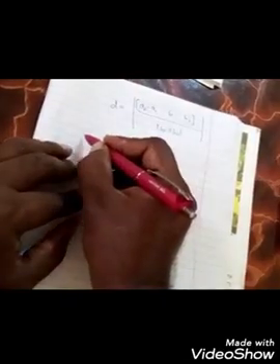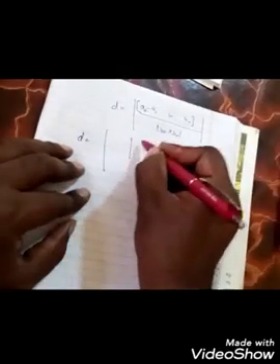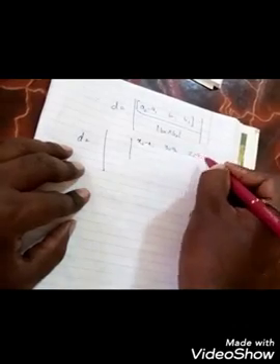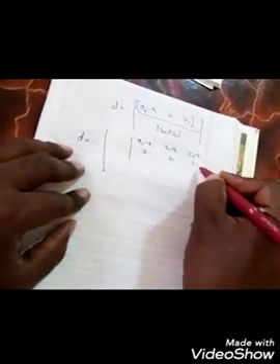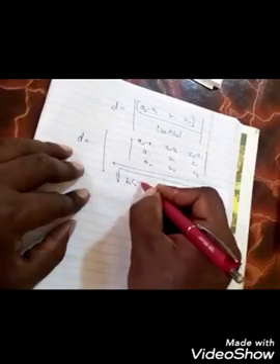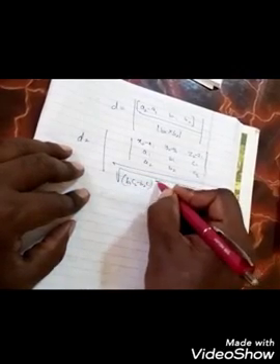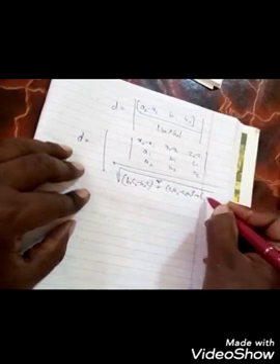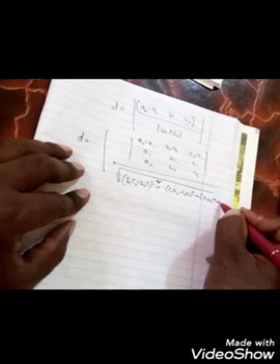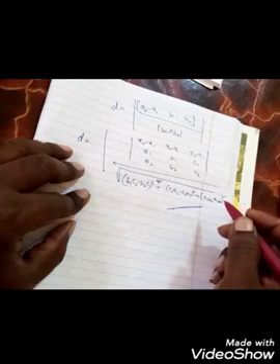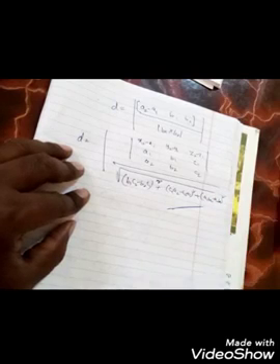Now you can get directly, D is equal to the modulus of the determinant of (x2 minus x1, y2 minus y1, z2 minus z1), (a1 b1 c1), (a2 b2 c2), divided by the square root of (b1 c2 minus b2 c1) whole square plus (c1 a2 minus c2 a1) whole square plus (a1 b2 minus a2 b1) whole square. This is the Cartesian form of the shortest distance between skew lines.